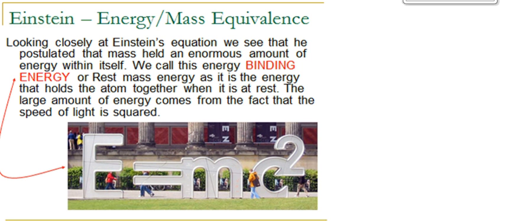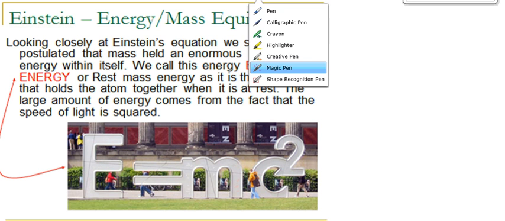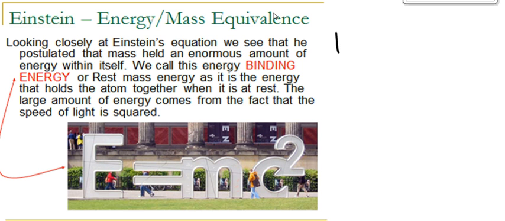Looking closely at Einstein's equation, we see that it postulated that mass held an enormous amount of energy within itself. This is called the binding energy, or rest mass energy, as it is the energy that holds the atom together when it's at rest. The large amount of energy comes from the fact that the speed of light is squared. So if you look at this, even if you had 1 kilogram of mass,